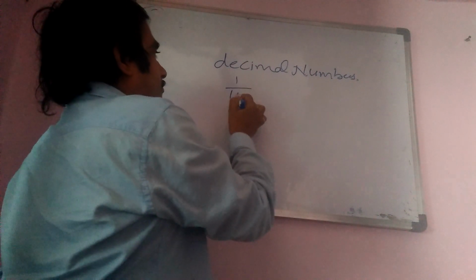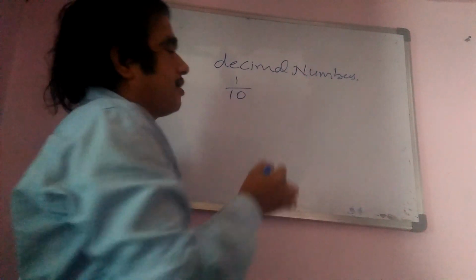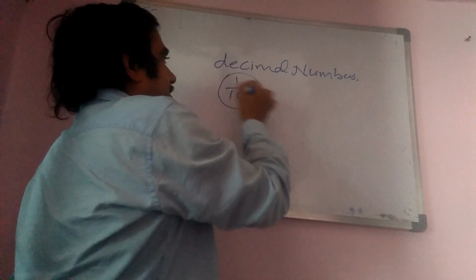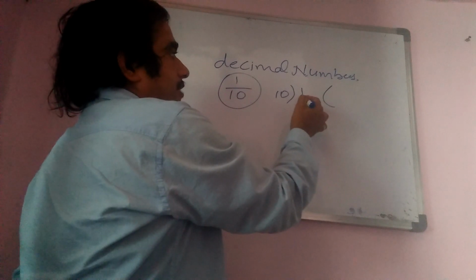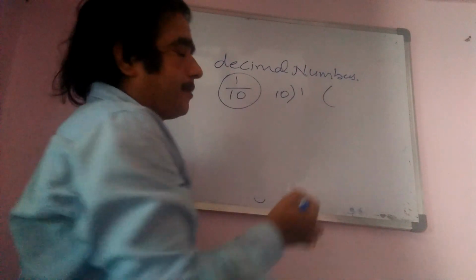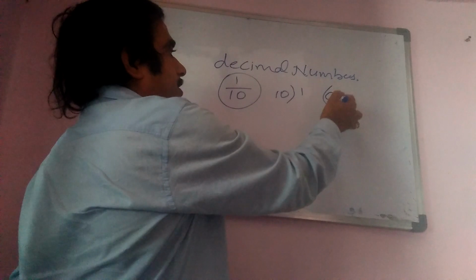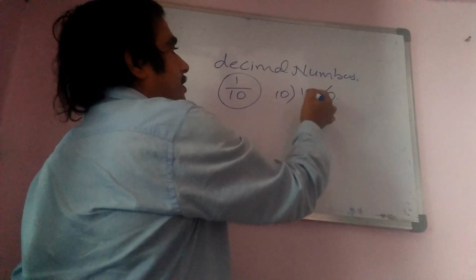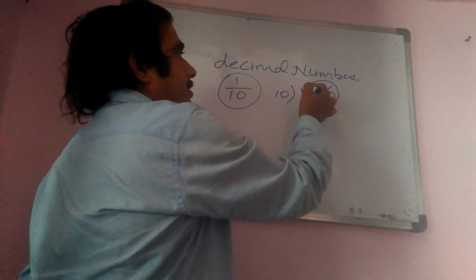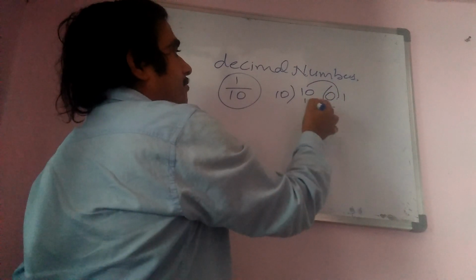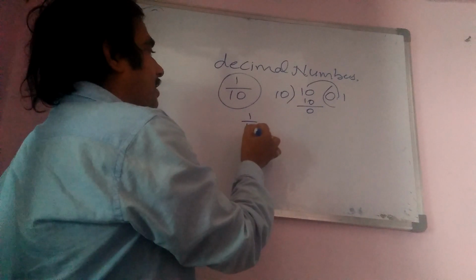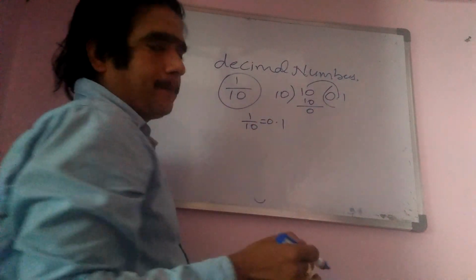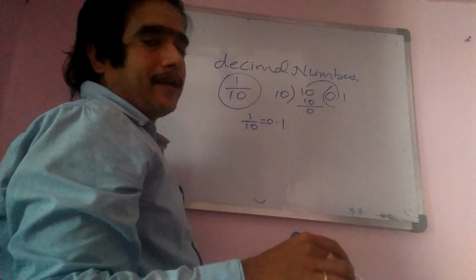For example, 1 by 10 is there. So 1 by 10 is a fraction, but when you divide 1 with 10, here 1 is smaller than 10. So what we do is, here we put one 0 and a point. Before putting the point we will get 0. 10 ones are 10, 0. So 1 by 10 can be written as 0.1. This class is for 8th class.